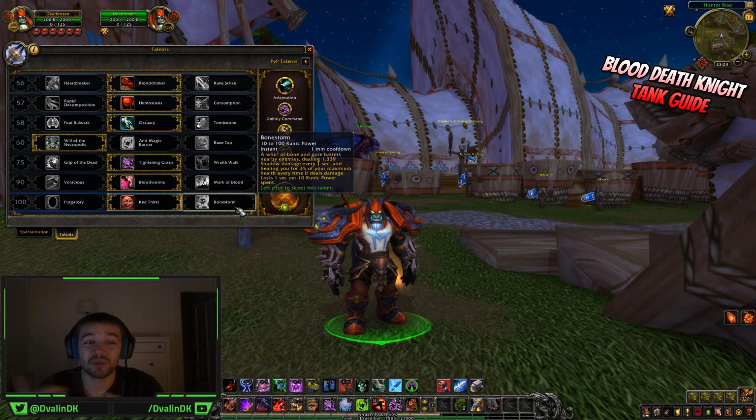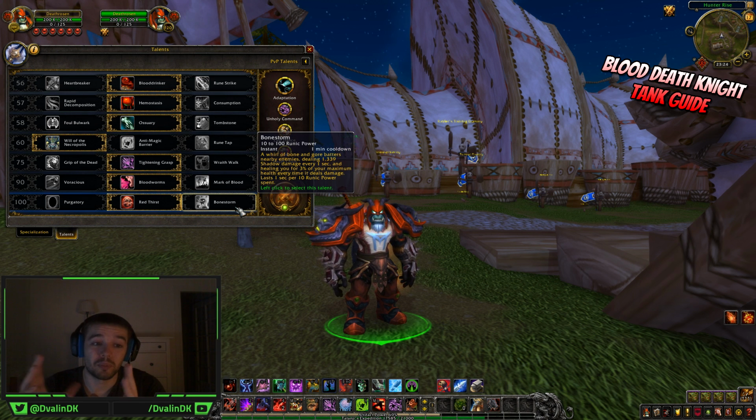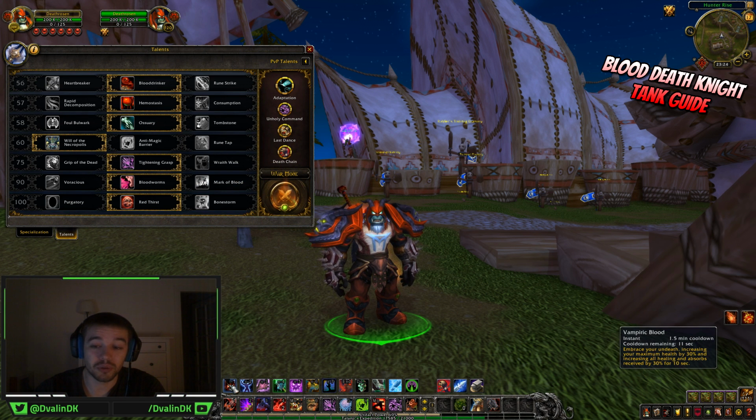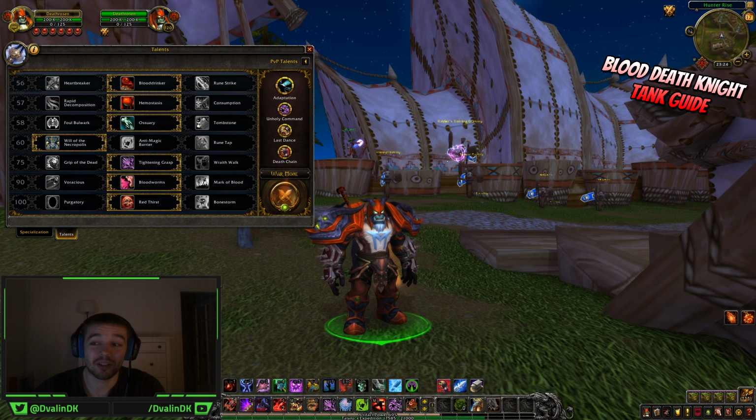So Bone Storm would be a nice spell in a Mythic Plus dungeon on trash mobs, I can see that, yes, or with a little damage increase. But normally meta, I would always go with Red Thirst, as it increases your survivability with lower cooldown on Vampiric Blood. So this build you see right now on the screen will be the one that I will primarily use